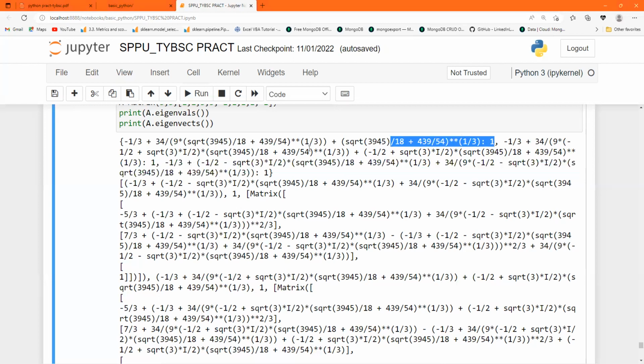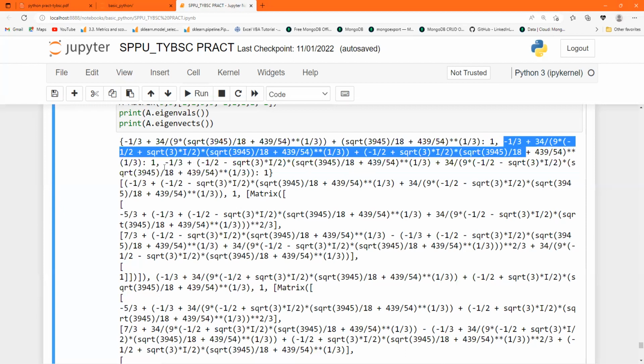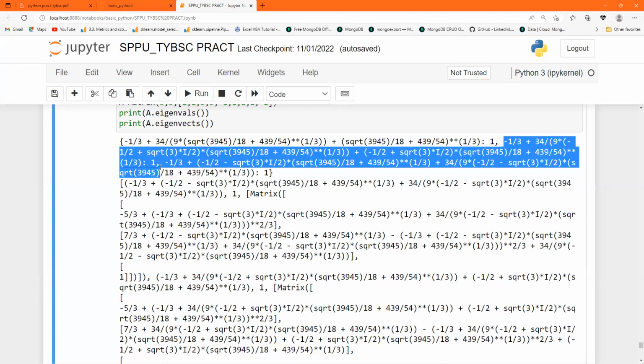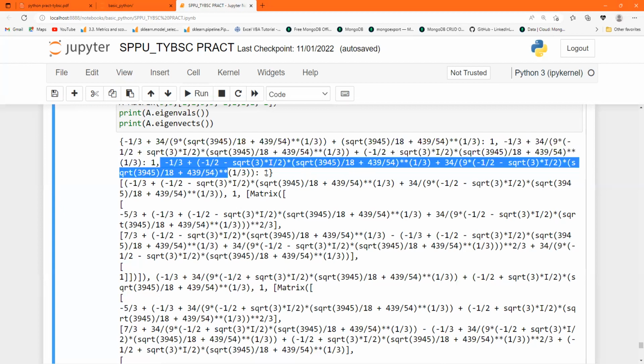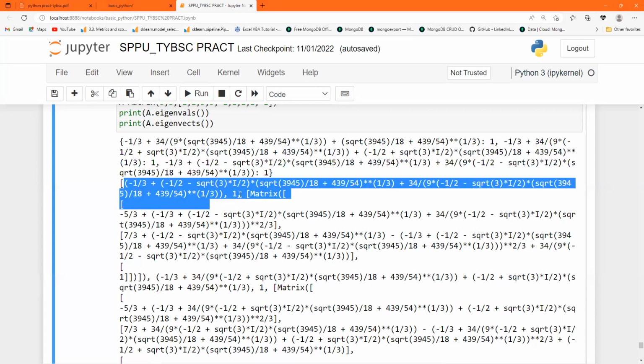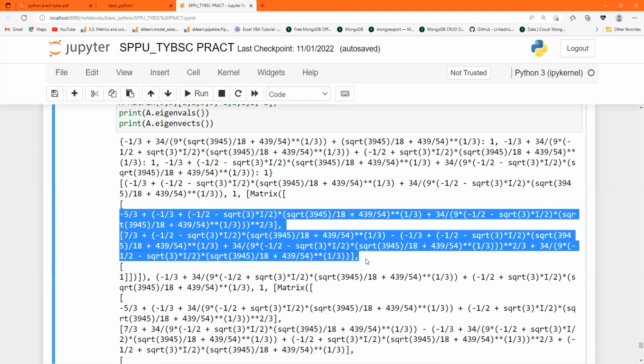Which one? This one. This highlighted is the first one. Then from here to here, second one. And from here to here, third one. So you can pause the video and you can write the output. For this first eigenvalue, this is repeated only one time, and you will get this matrix. This is the matrix, guys, and this matrix is